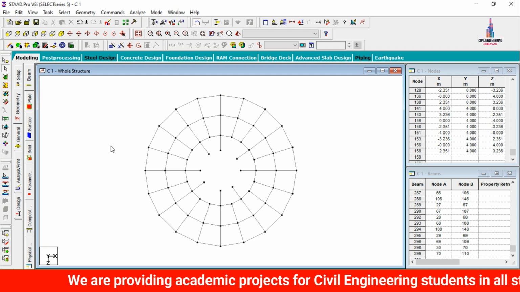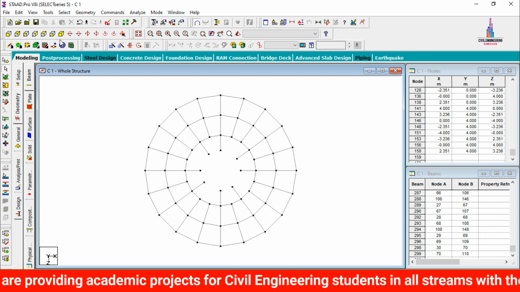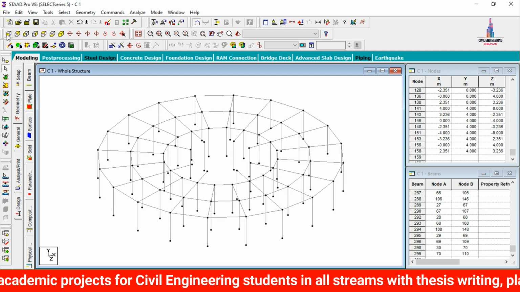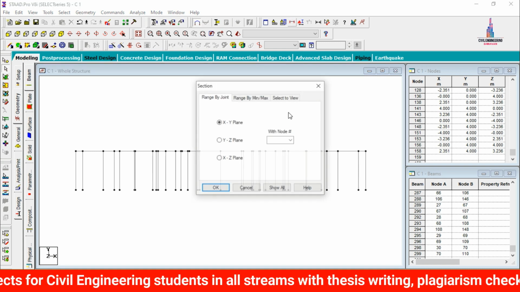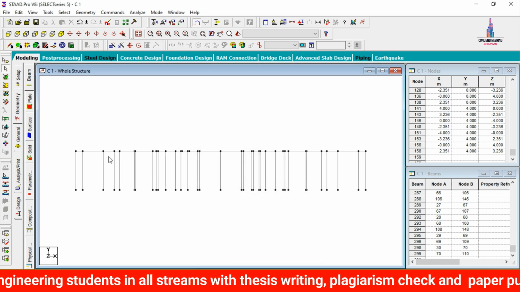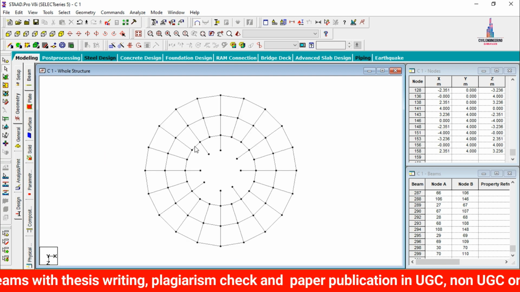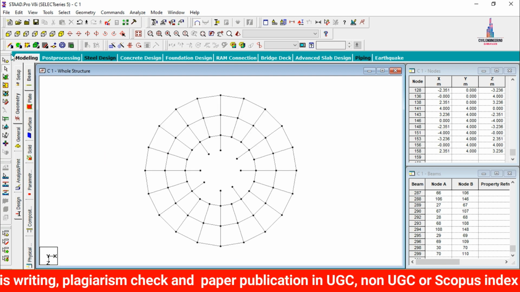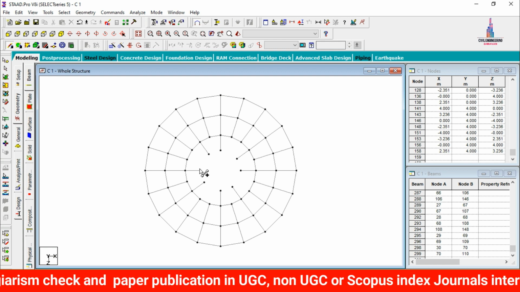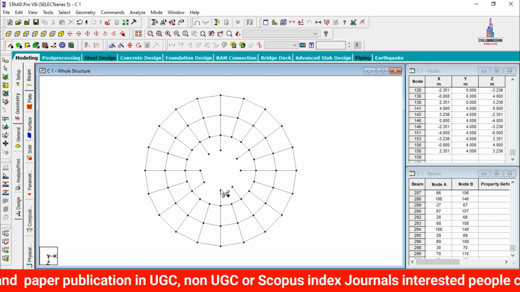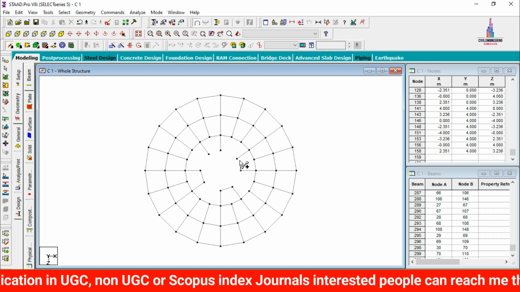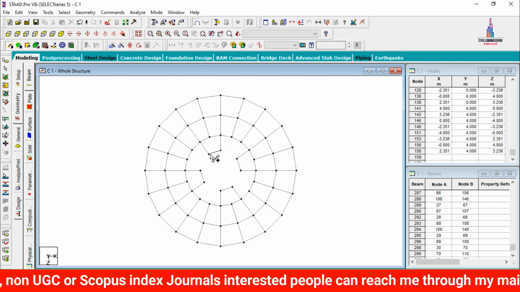So after that we have to add the beams for these respected sections. So for that we have to click on the front view, go to cut section command, select top view option, click on OK, cut this respected portion here. Now we have to connect this respected node point with the help of the beams. Select the beams, select the starting point here, again select the starting point. Again I am selecting starting point, ending point, select starting, ending, starting point, ending point.